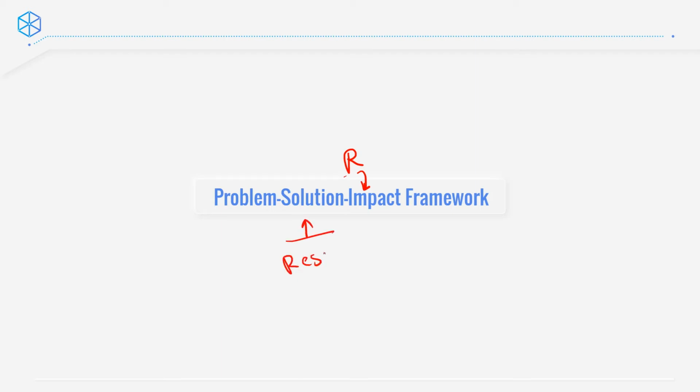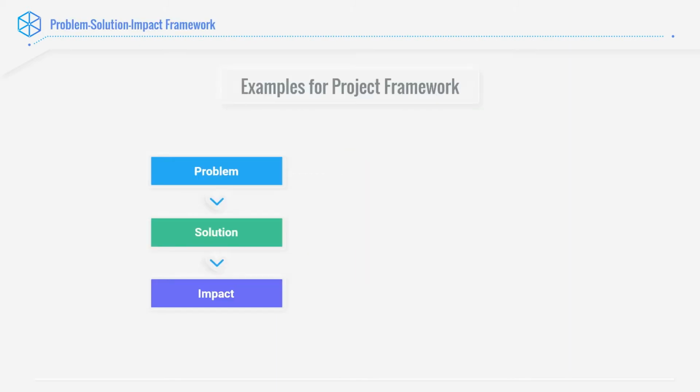Every solution will be implemented with some resources, human resources or resources in terms of time, or it could require a lot of manpower to do some manual work. So this is the investment. And we evaluate which problem should be prioritized by comparing ROI. So how does that look? The framework is: we look at the problem, we look at the solution, and we don't implement the solution, we evaluate what the impact of the solution would be if it were implemented.